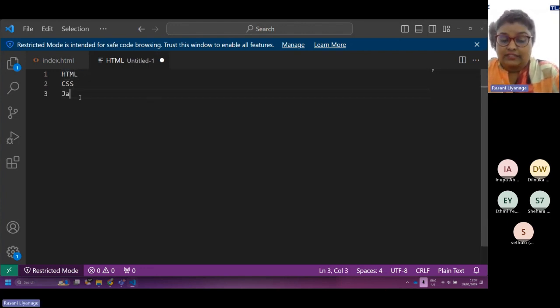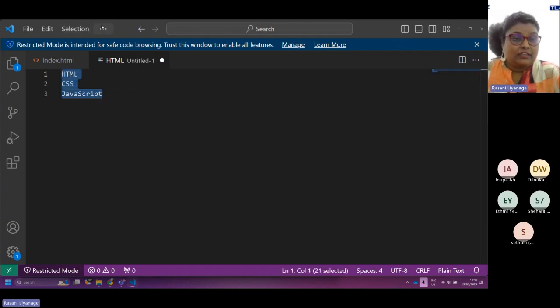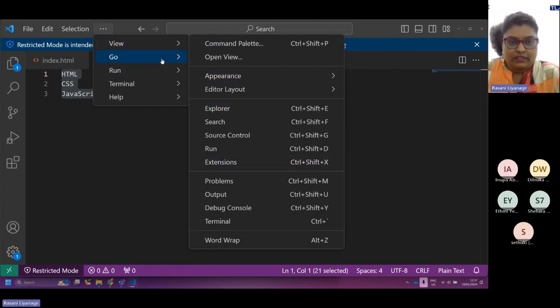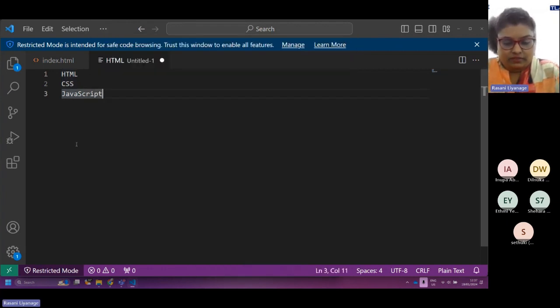Second, CSS. There's a third one which is used for all sorts of effects. That is JavaScript.